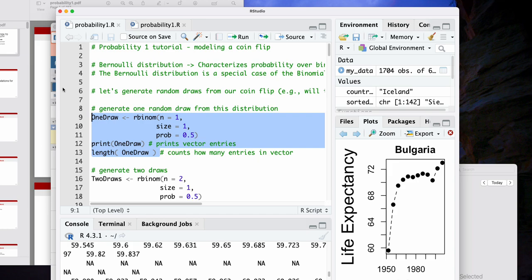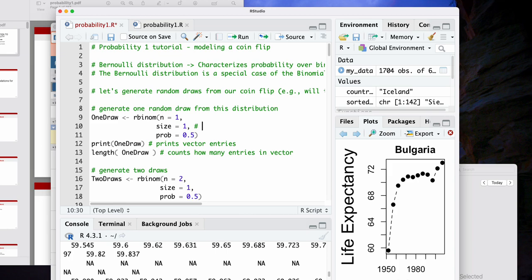Yeah, good question. So the size parameter, we haven't really introduced the binomial distribution, but the basic idea here is that the Bernoulli distribution is equivalent to a binomial distribution with the size parameter set to 1. So if it doesn't make sense, that's partly because we haven't really introduced it.